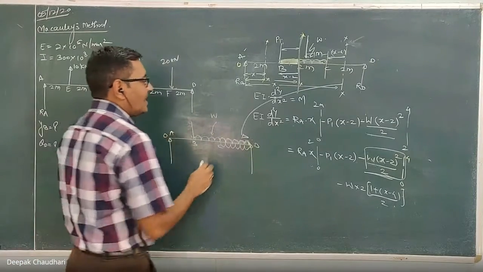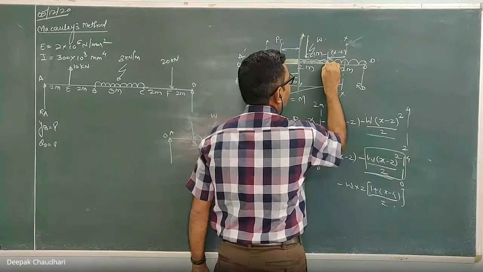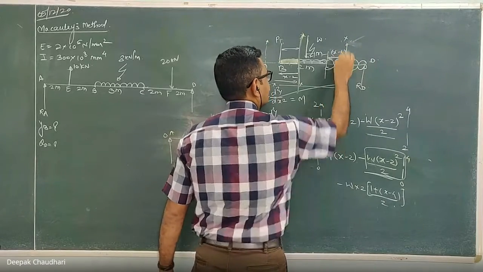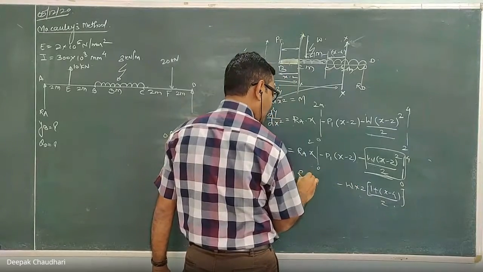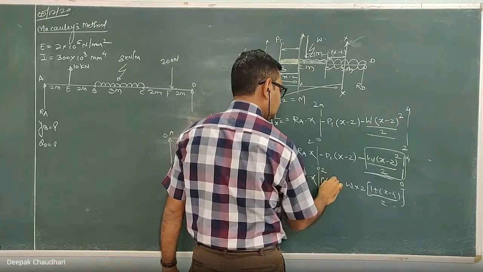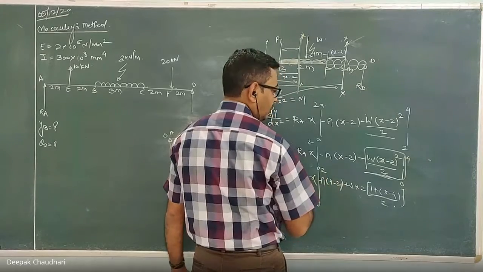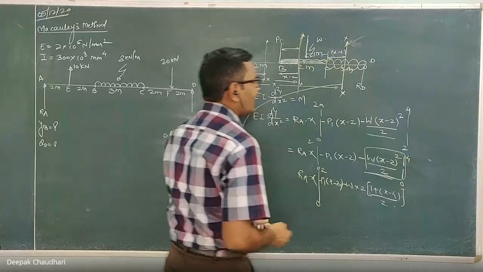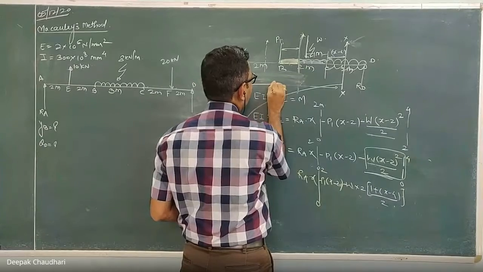अभी देखो, अभी मैंने यहां पे अगर UDL ऐड कर दिया, listen to me, अगर मैंने यहां पे UDL ऐड कर दिया यार, and if I take the section here XX, ये UDL जब याद नहीं था तो ये इक्वेशन आता था, equation of bending moment ये था. This was the equation of the bending moment. Then ये UDL नहीं था. अब ये UDL ऐड करने से क्या होगा? The moment of this RA, let this section is again at a distance of x from A.